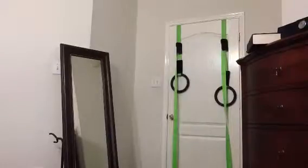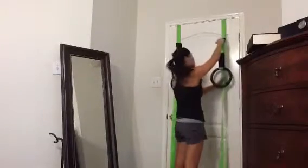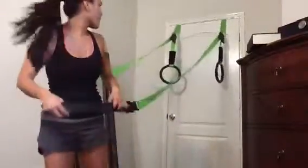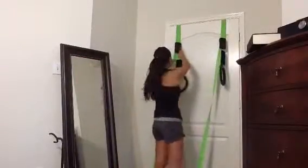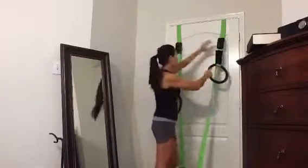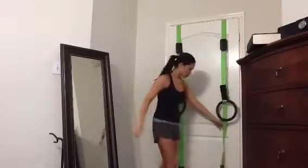So on to our very last exercise. Okay, so our last exercise for the day is called the bend. Now, if you watched my video from yesterday, this was one of my favorite workouts to do. Why? Because I really felt it in my back. And that's where my problem area is. In the video they asked for you to pull the handles all the way up. For the sake of me doing this YouTube video, I'm going to pull the handles halfway so you'll be able to watch me